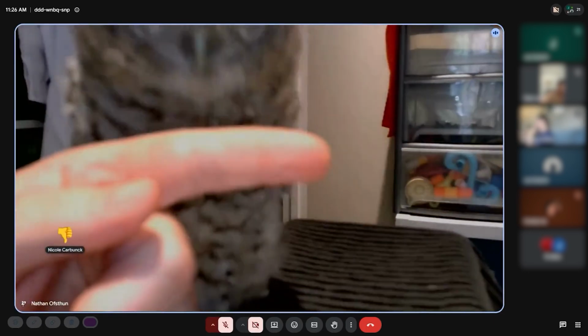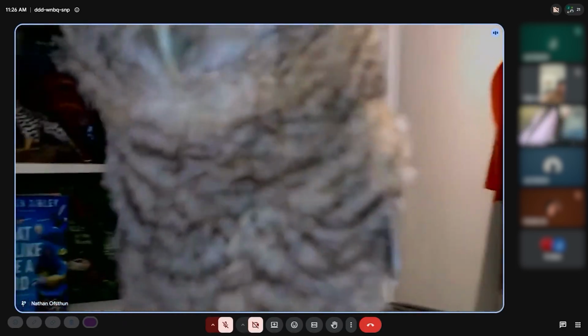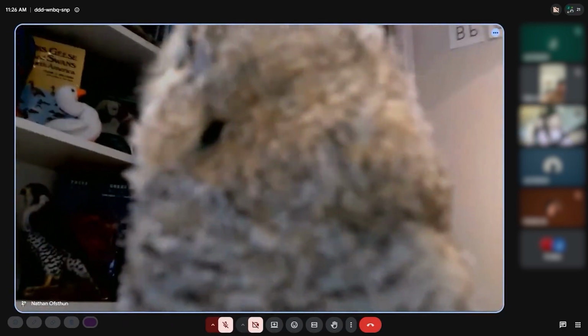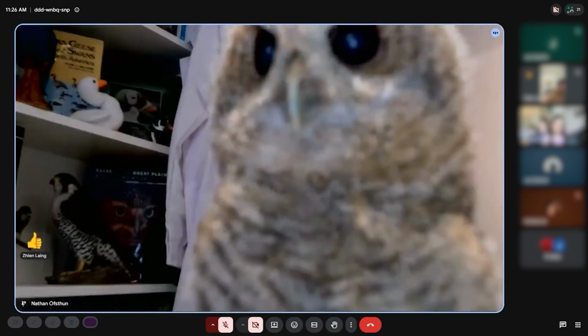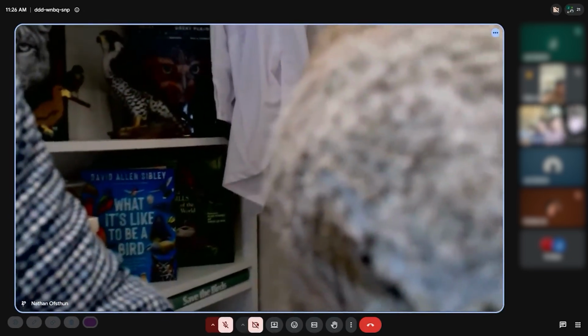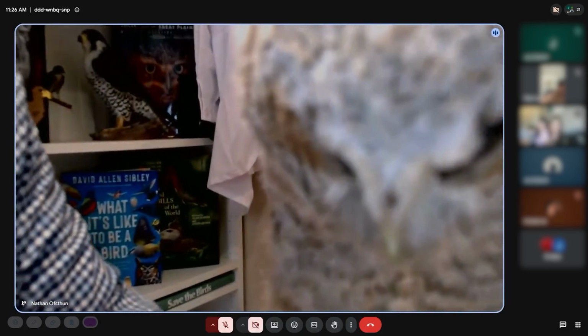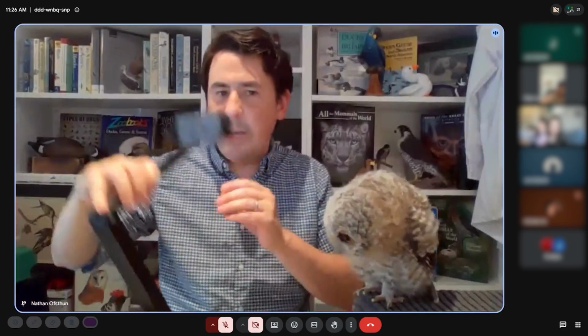Okay, let me see if I can focus my own finger. I think it wants to focus on the toys in the back. Here you go, buddy. Open. You have to stay still. Like I said, this is going to be the tricky part of our class. We are going to switch cameras. We're going to abandon ship on that one. We're just going to go back to my regular camera.